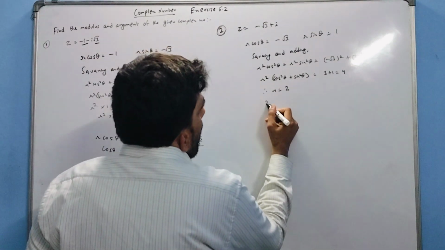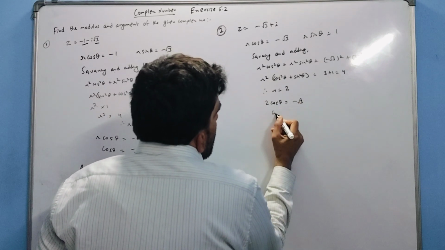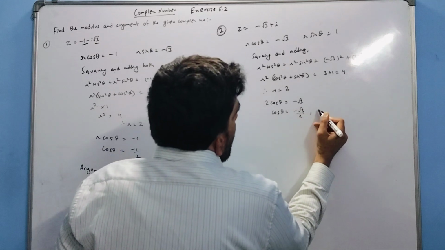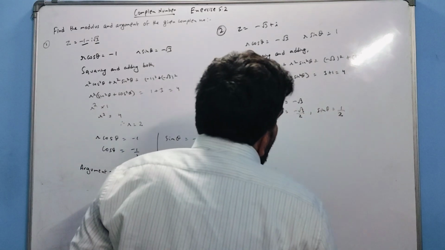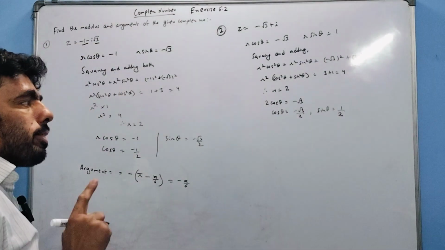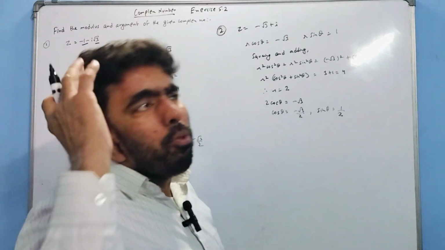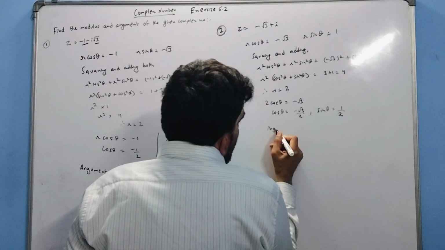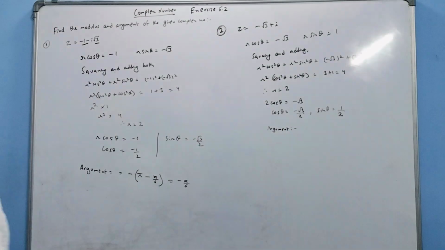Now we'll find the angle here. We have cos theta is equal to minus root 3 upon 2 and sin theta is half. Here we notice one thing: sin theta is positive and cos theta is negative. It will be only in the second quadrant. So the argument here will be